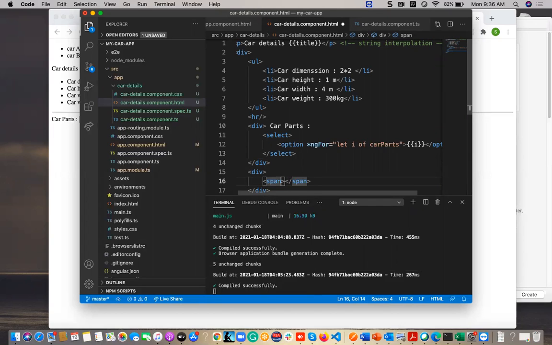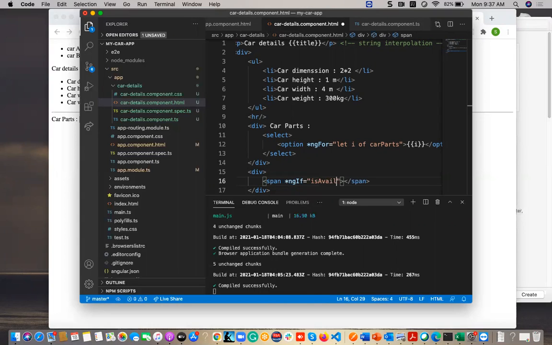At that point of time, it is like this: ngIf is one more directive for conditional rendering.